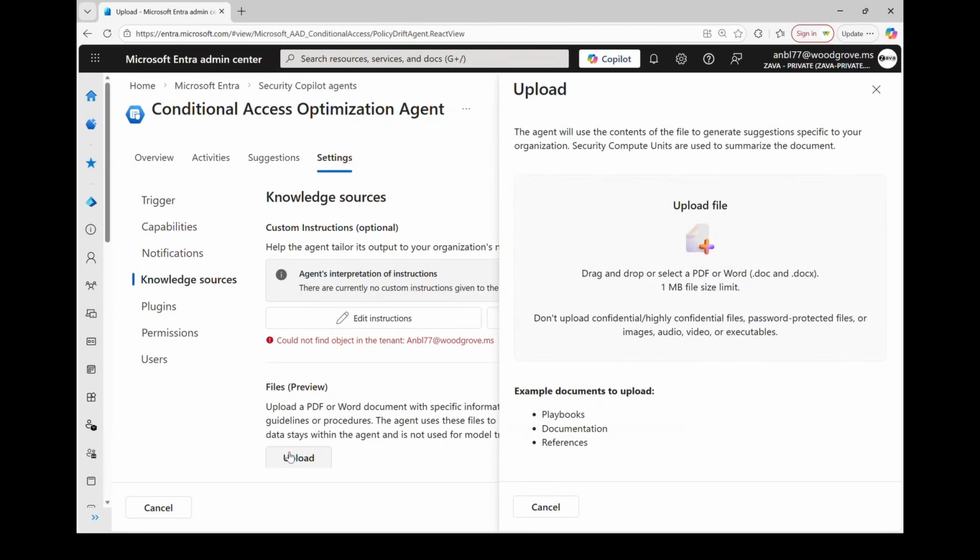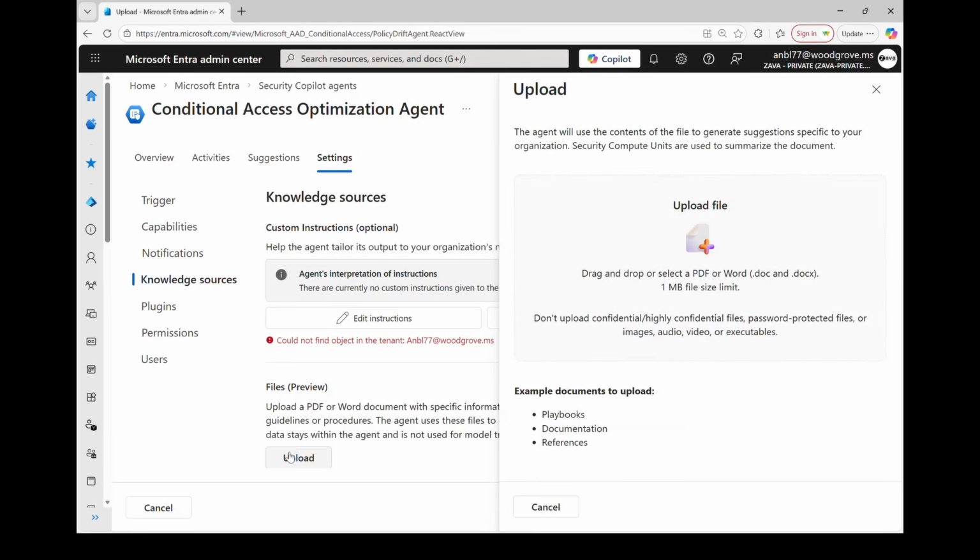And this is all information about conditional access policies. It's about how we name conditional access policies, who our break glass accounts are, how we structure them. Maybe we have a different set of requirements for admins than for guests, than for full-time employees and part-time employees. All of this is documented somewhere. How do we inform the agent about it? So that's what this feature is. You can upload a